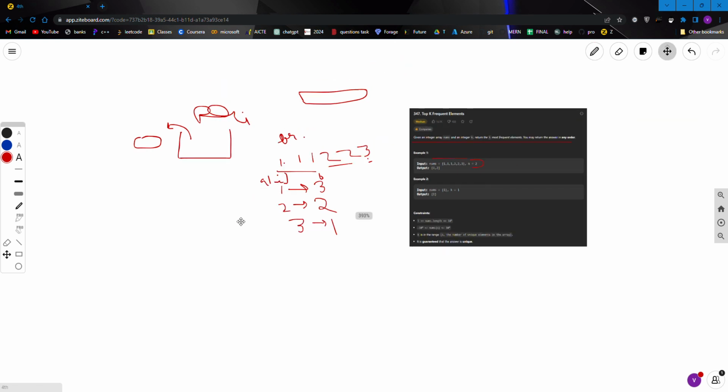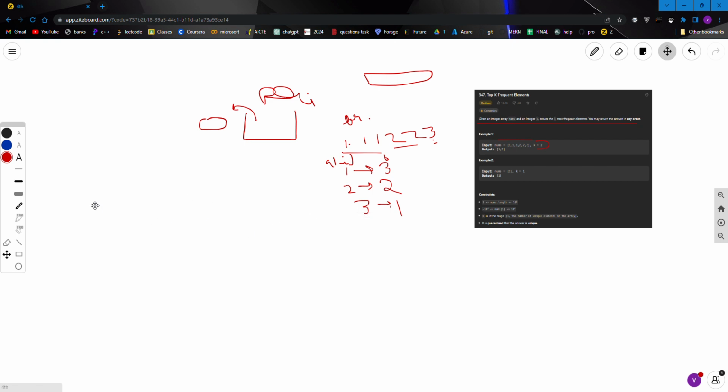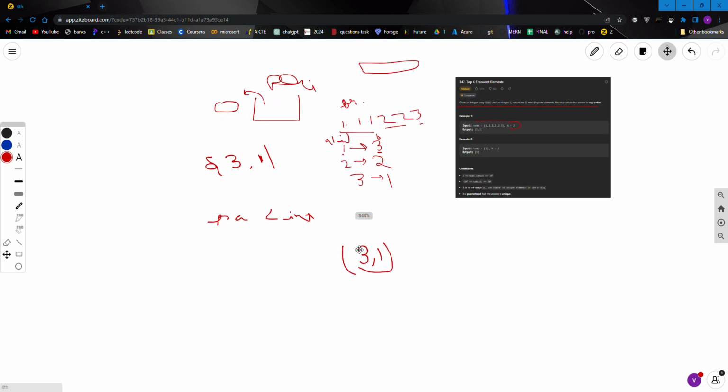I am going to put this into the priority queue such that the 3 is first and the 1 is second. I am going to make a pair of ints, so this will make a 3 comma 1 pair in the priority queue, because in the priority queue the first element decides whether it is maximum or not.